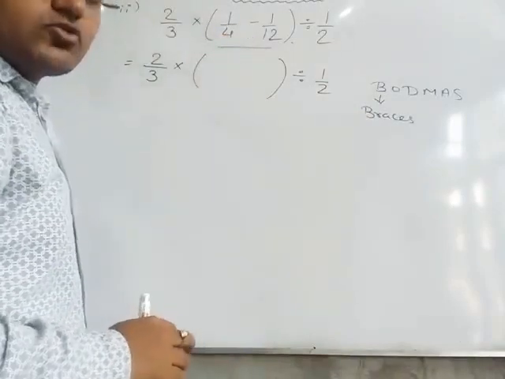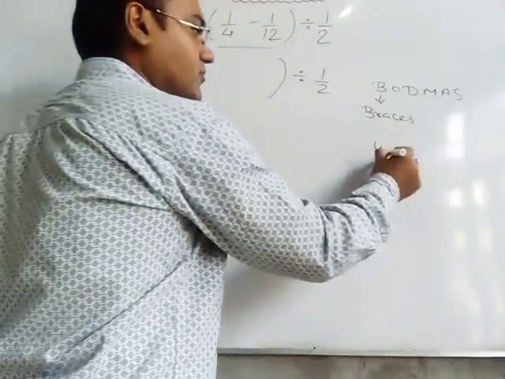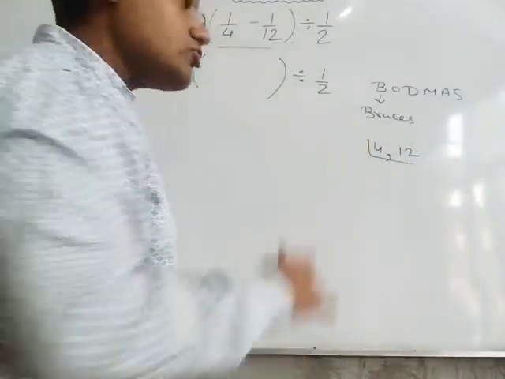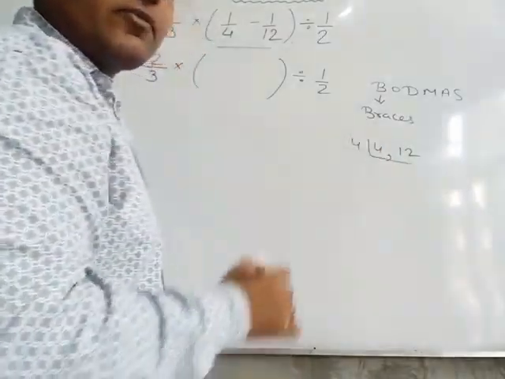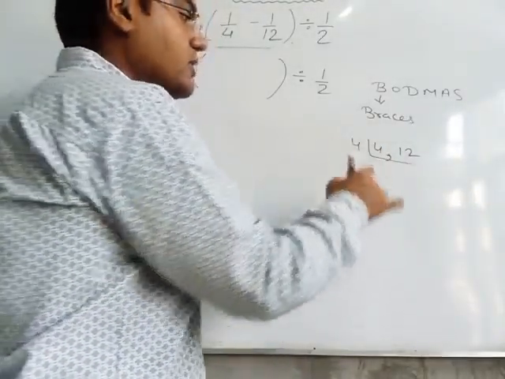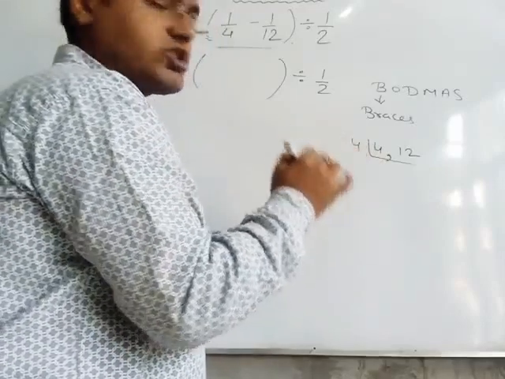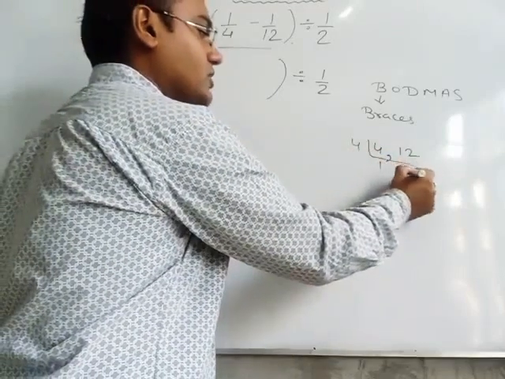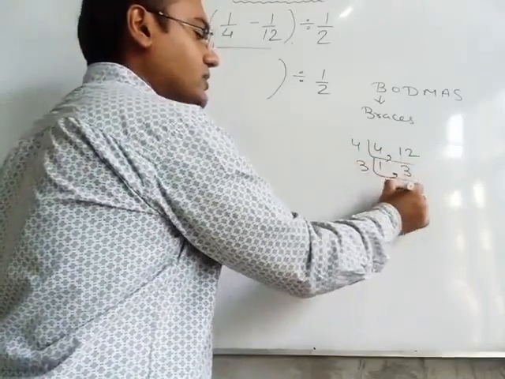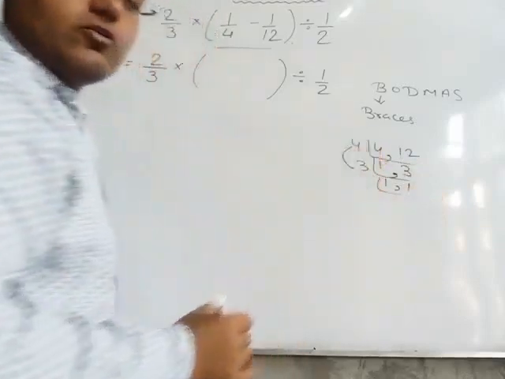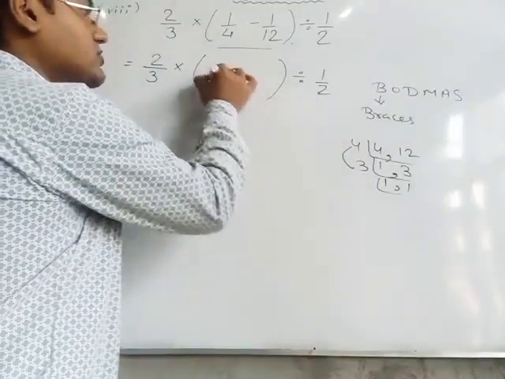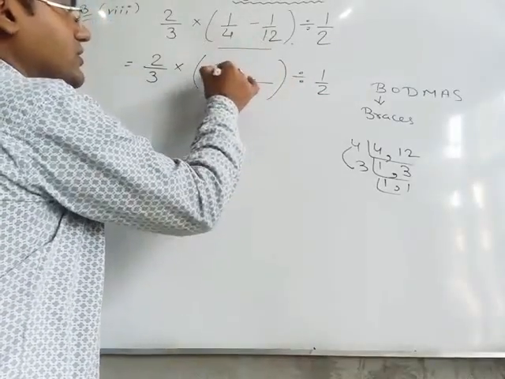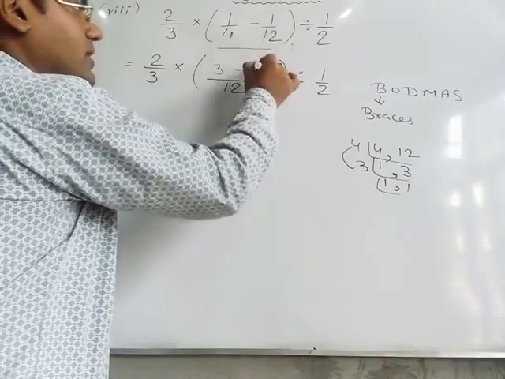In order to subtract these two we have to take the LCM. The shortcut way to take the LCM is, these two numbers are coming in a table of 4, so we will cancel them. We will divide them with a table of 4. This is the short way. You can divide it with 2 also, but in order to save time, we will divide it with 4 because both are divisible by 4. 4 1s are 4, 4 3s are 12, and now 3 1s are 3. So 4 into 3 we will do, then answer will be 12. So LCM we are getting here 12. 4 3s are 12, 3 1s are 3, minus 12 1s are 12, 1 multiply 1 will be 1.